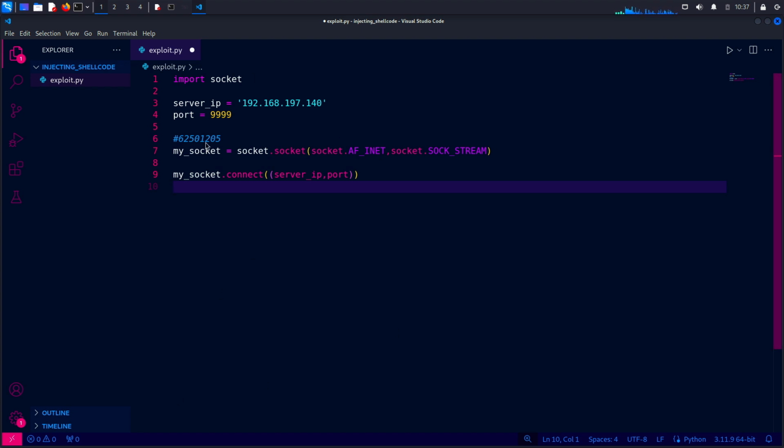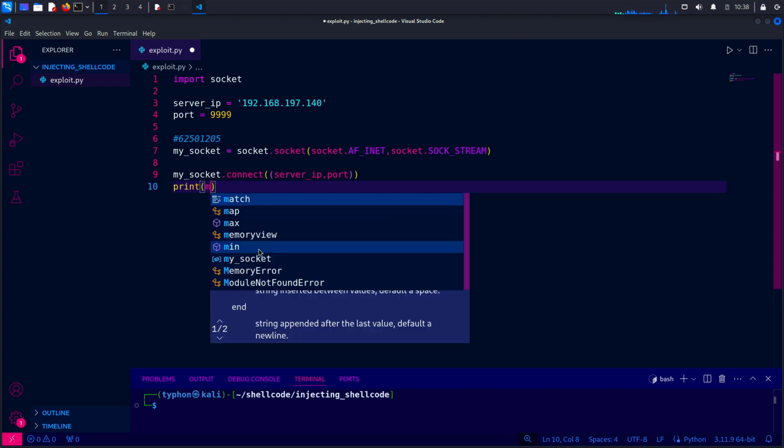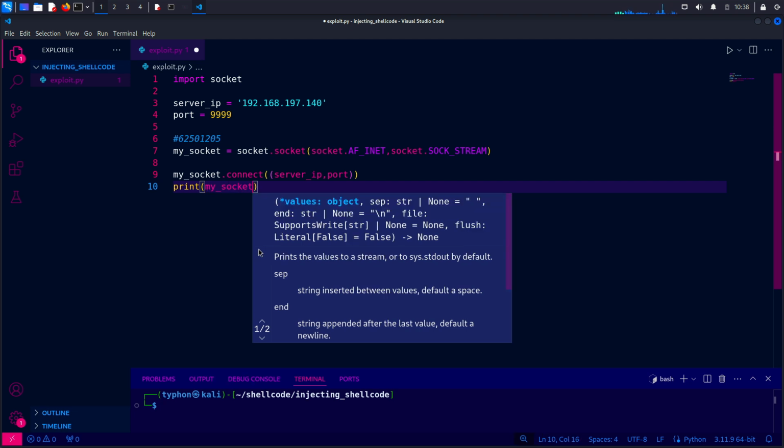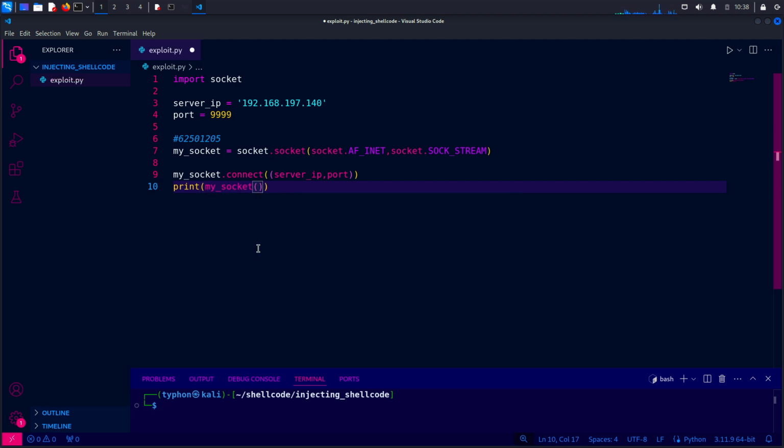Now we will also need to print the output that we will get from our vulnserver. Okay. So print my socket.recv